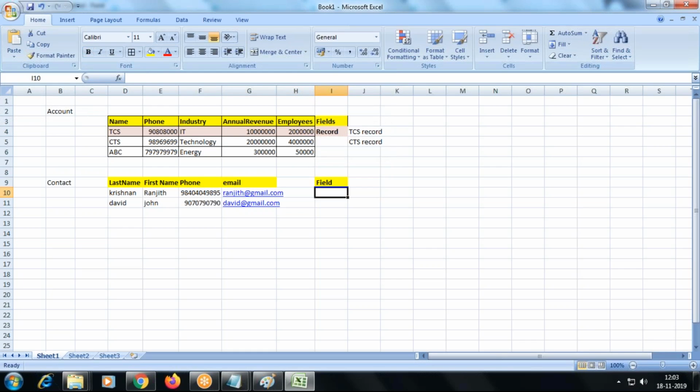And how do you call this? Record. So I can say it's a Ranjit record. That's how we refer to it in the Salesforce platform. Okay, and each of these is called a row, right?